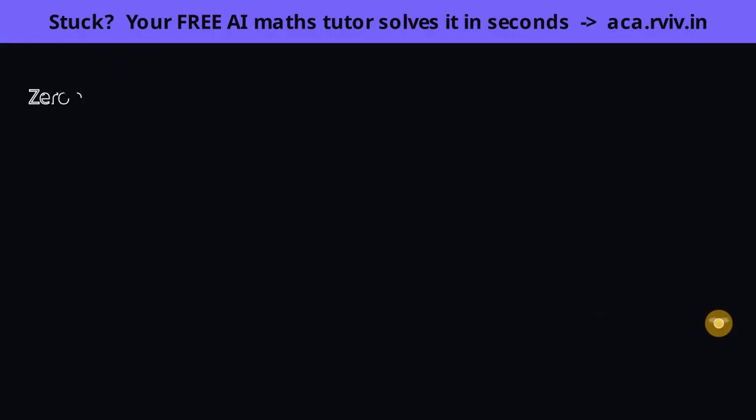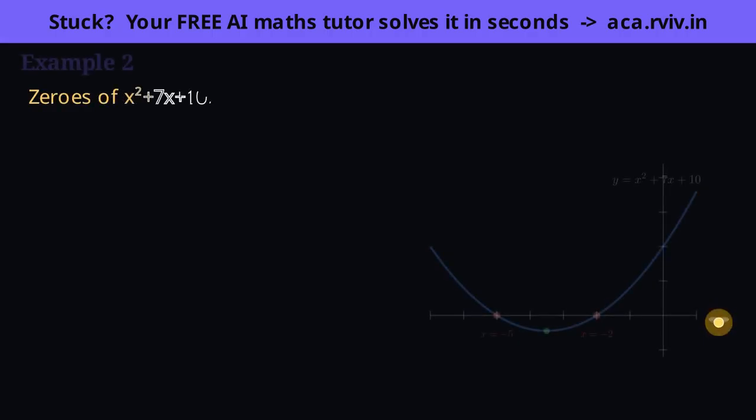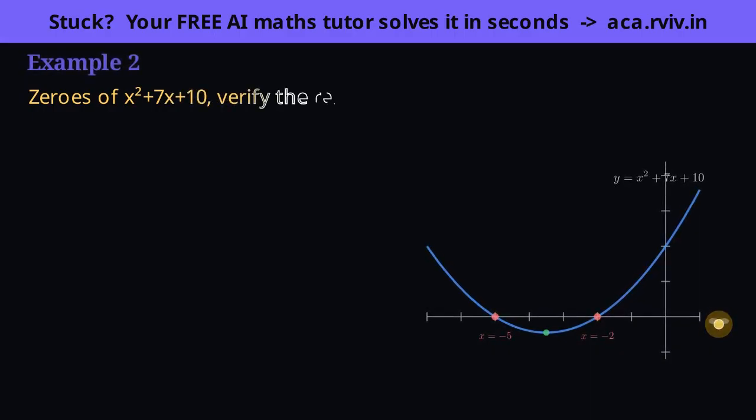Example 2. Now we have no graph, just the algebra, so we'll factor to find the zeros, and then, as a bonus, prove the sum and product relations actually hold for this polynomial. That proof is also our safety check. Let's set up the plan. To find zeros, we turn the quadratic into a product of two brackets. Why brackets? Because a product equals 0 only when one of its factors is 0, that's the zero product idea, so once it's factored, the zeros fall right out.